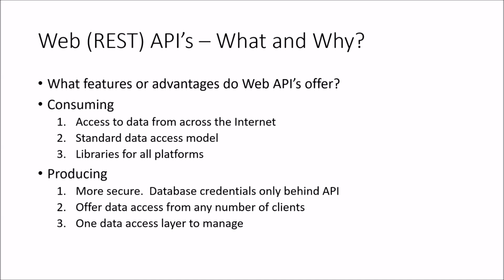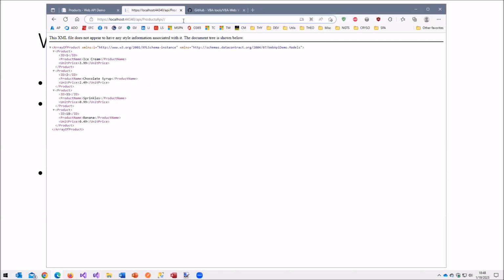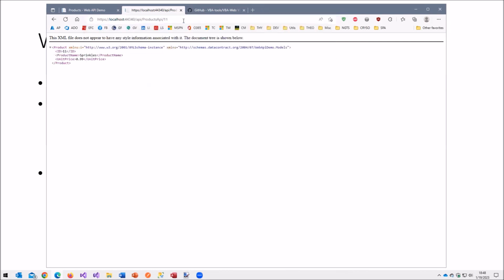A second thing, in addition to the plethora of different types of interesting data available to you, is that it's a single standard data access model. So it's one way of talking to all the data that's out there. And we'll talk about what that data access model looks like. But you saw a bit of it where we had the URL that brought us back all of the products. And then to get just a single one, we just added an ID on the end. So that data access, that's universal. That's part of, if you will, the REST specification.